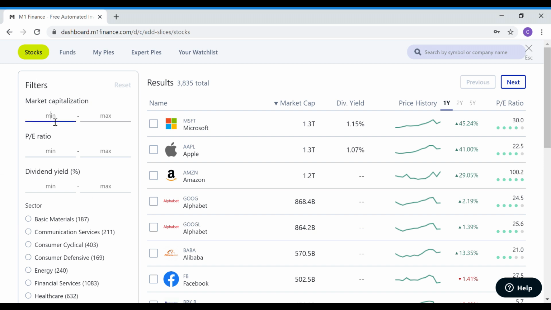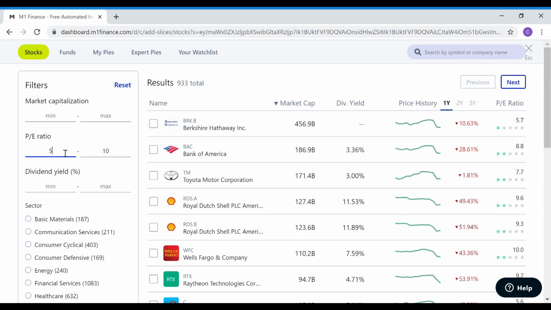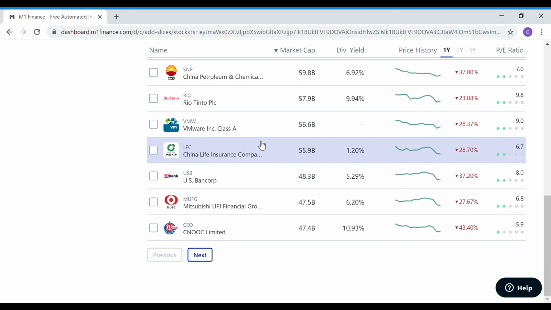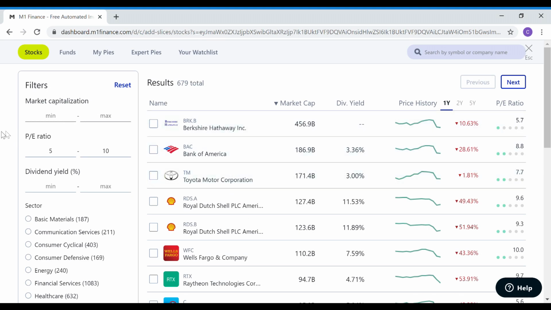You can go by market capitalization, big companies, small companies, whatever you want to do. You can set PE ratios, like say you want a company that's lowly valued. You'll get these companies that are in that range, and you could change it. Say you want companies that are cheap compared to their earnings. You could do a 5 to 10 PE ratio. Now look at all these companies that right now, because of the market, are at low PE ratios,